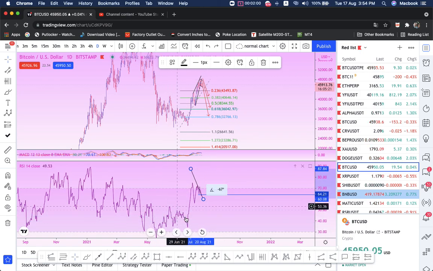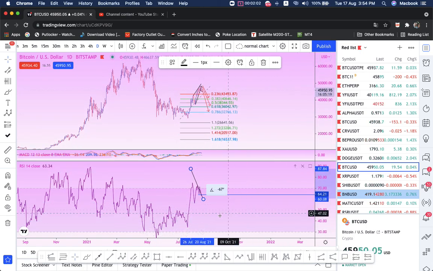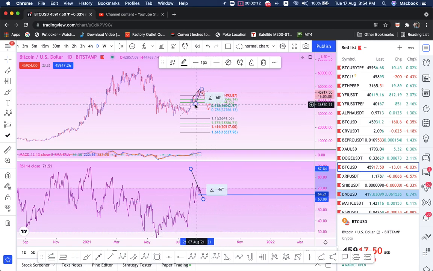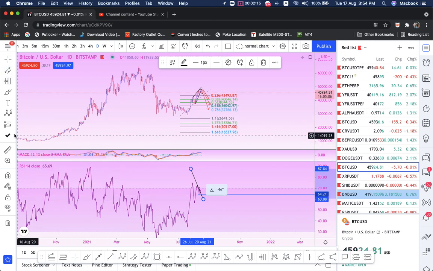So it needs a reset, probably a huge retracement, or it could come back down just right here. Probably it won't pass here,